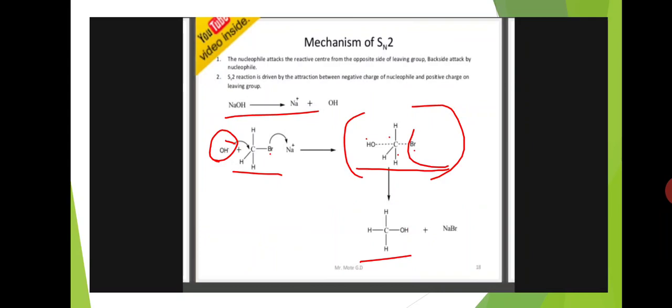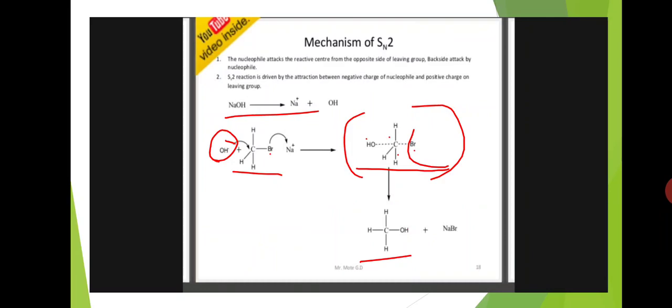And the mechanism of SN2 is as follows. First, the nucleophile will attack the alkyl halide from the back side, because the front side already has the bulky halogen, so there is no possibility of front attack. That's why the nucleophile attacks the alkyl halide from the back side, and that's why in this SN2 reaction the inversion product is formed.